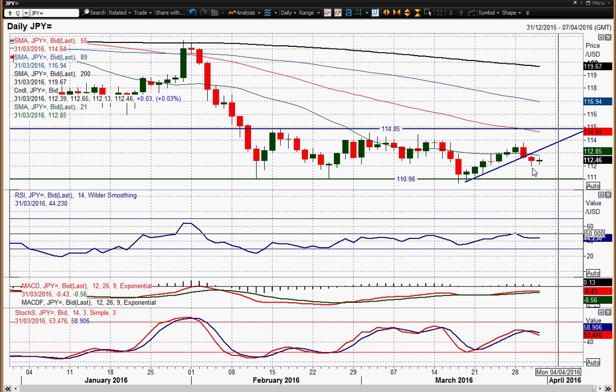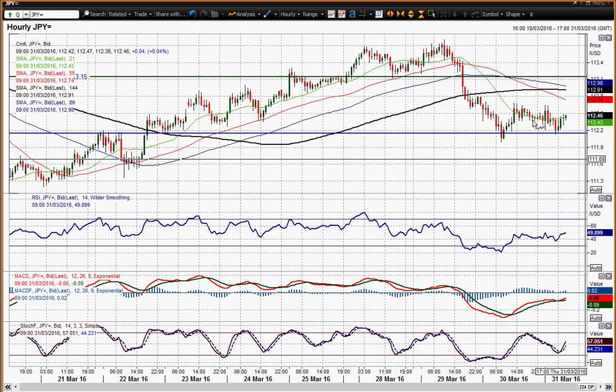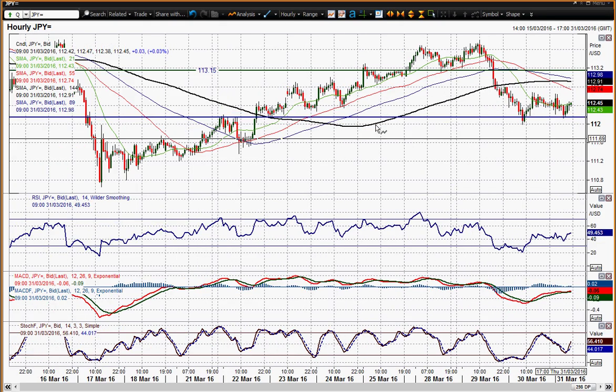Yesterday's candle wasn't as bearish as it could have been, bouncing up off the 112 figure. But as I said, generally speaking, momentum is pretty much all suggestive of rallies being seen as a chance to sell. You've got that stochastics crossover sell signal, similar to the ones that we saw early March, before the selling pressure took us back towards that 111 figure, and I think that's ultimately what we're going to see again. On the hourly chart, we've seen that pivot around 112.20 initially broken, but then